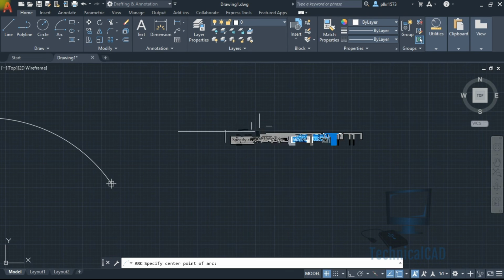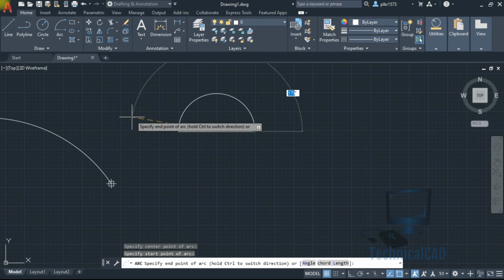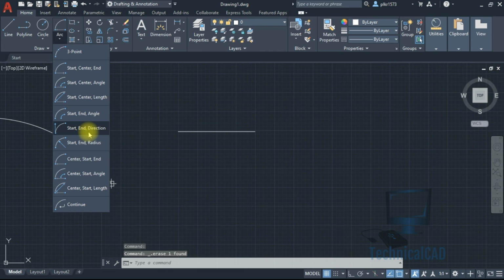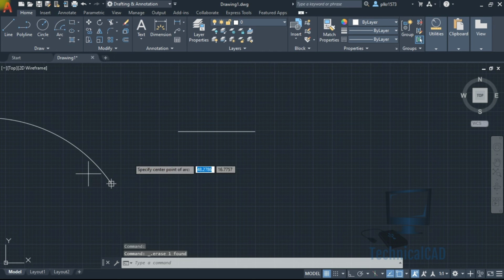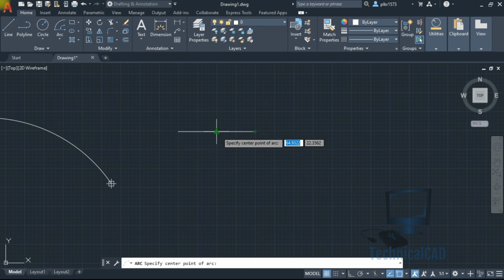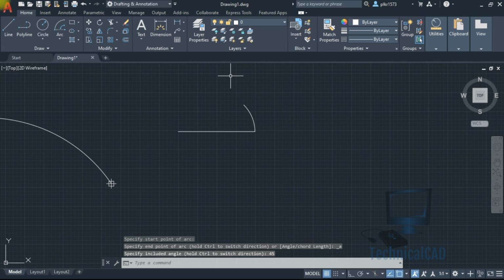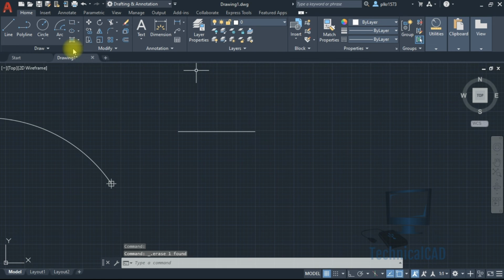Center, start, angle. How much angle you need? I need a 45 angle, so a 45 degree arc will be created.